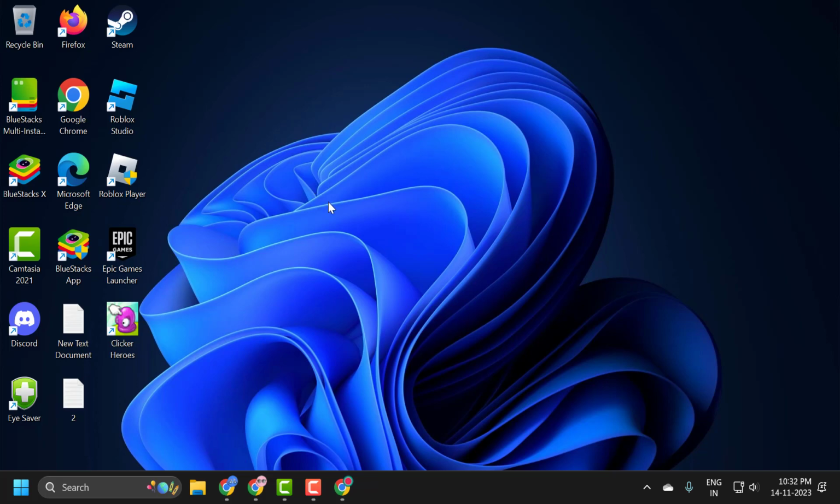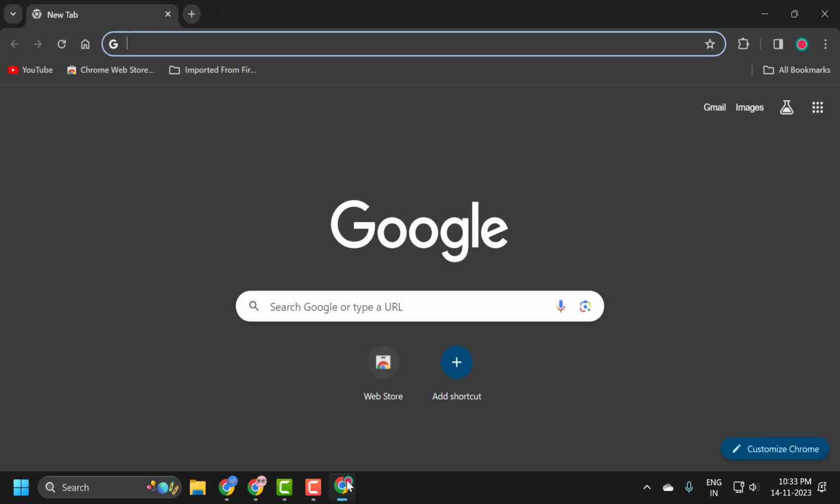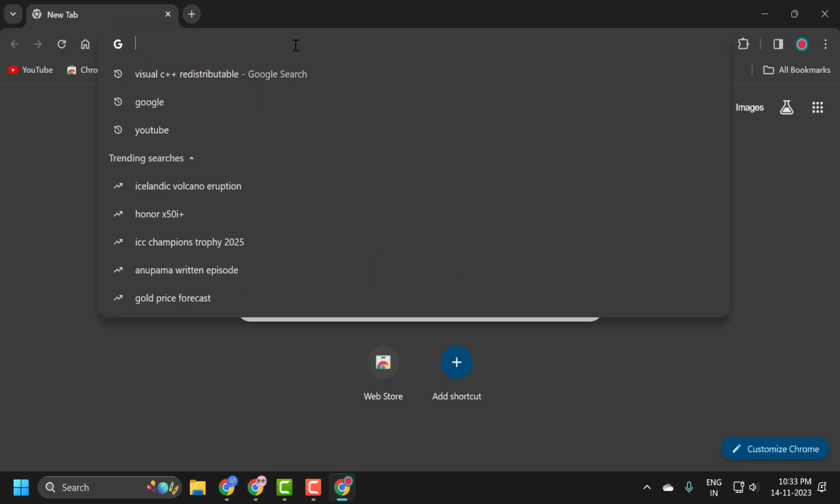Today we are going to see how to resolve if you are coming across a VCRUNTIME140.dll is missing error on your Windows 11 computer. Let's fix it guys. You just need to open up Chrome and you just need to search for Visual